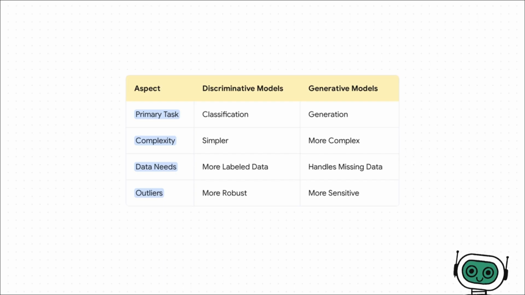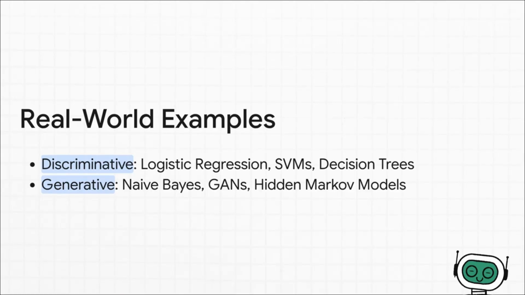Generative models are more complex because, well, they're learning more. This makes them great for things like filling in missing data, but it also means a weird outlier can sometimes throw off their whole picture of the world. You've definitely used both of these before. Your classic workhorses like logistic regression or support vector machines, they're discriminative. And all the models powering the huge generative AI boom like GANs and VAEs, well, the clue's in the name,